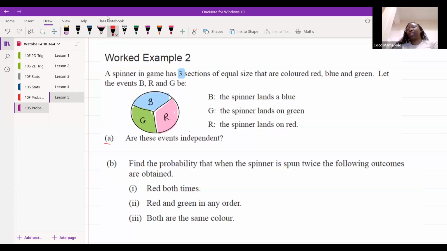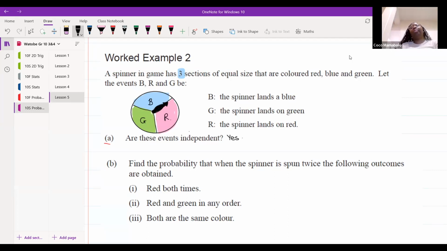Namisile says yes, Funzo says yes, Anna says yes. Asbonge says yes, and I agree with you guys, because if I turn the spinner once, right, there's the tiny little spinner in the middle. There it is. So if I turn the spinner once, the next time I turn it, it doesn't mean it can't land on red again. It can land on red again. So we know that each of these events is going to be independent.